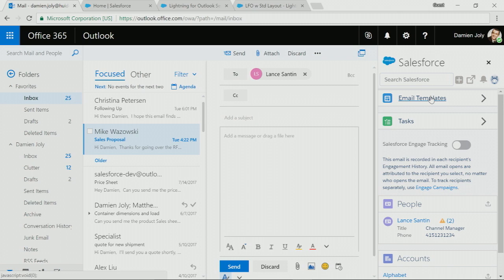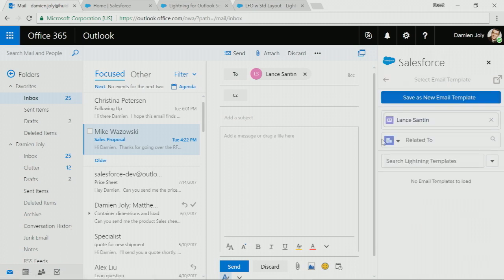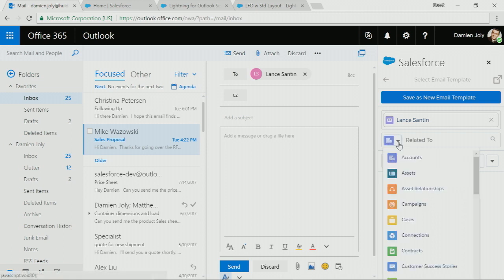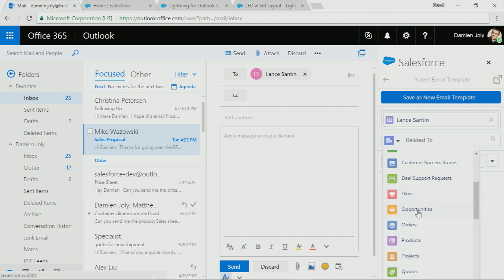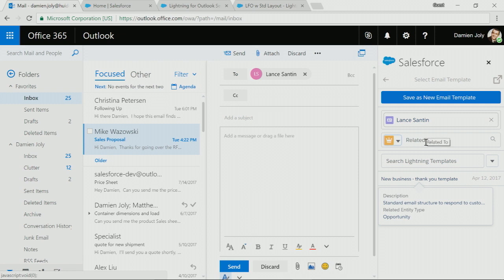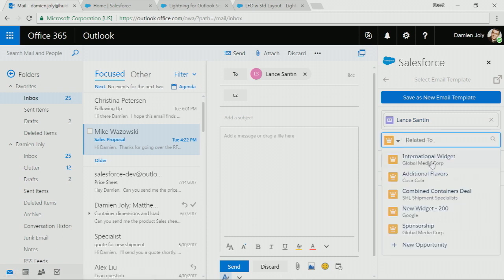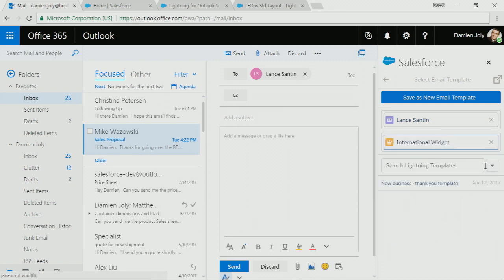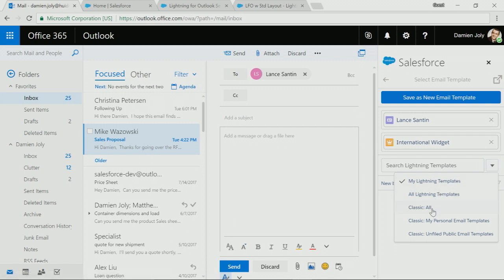In this example, I'm going to leverage an email template and quickly craft that email. It's going to pick up the person that I'm sending the email to, but I can also merge fields from other Salesforce records. In this case, I'm selecting an opportunity,